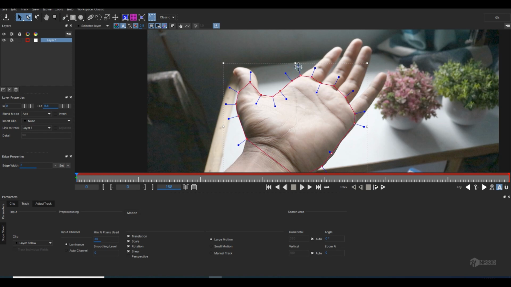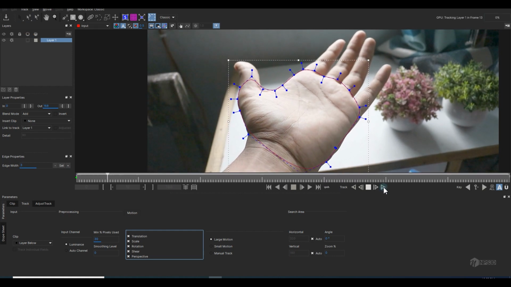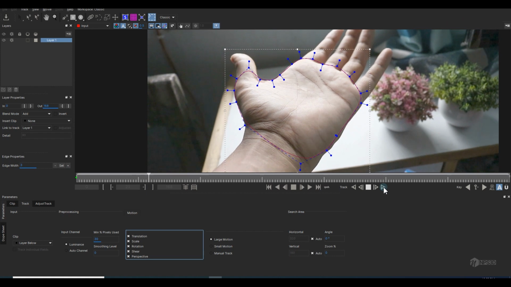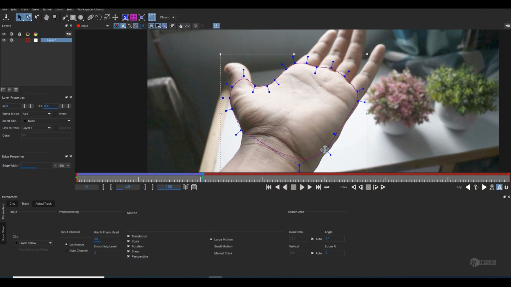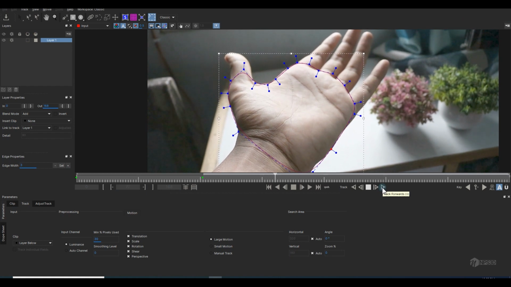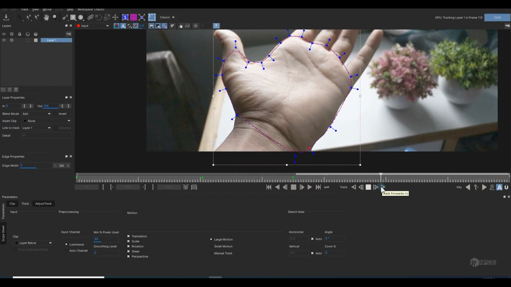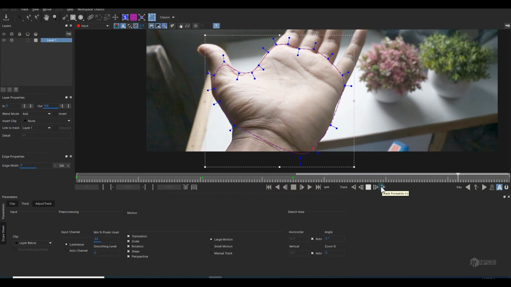Ctrl A to select everything and just do it like this, and enable perspective and make sure you are on the first frame, and then just click on this track button, track forward, and just wait a few seconds and it will be done. And whenever you think anything goes wrong, you can just stop it and correct it. Very beneficial when you are doing roto and something like that. Never lose hope, because this is the third time I'm creating this tutorial.